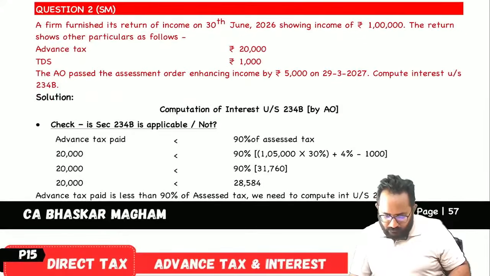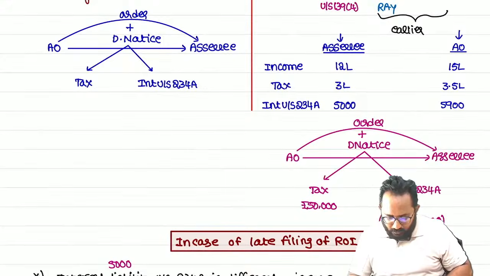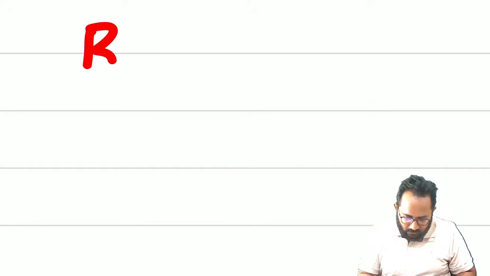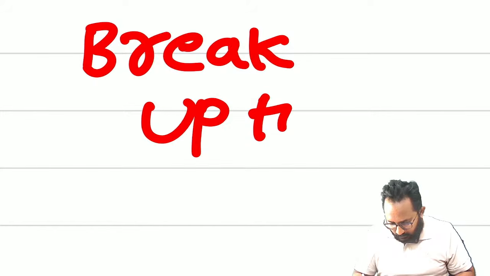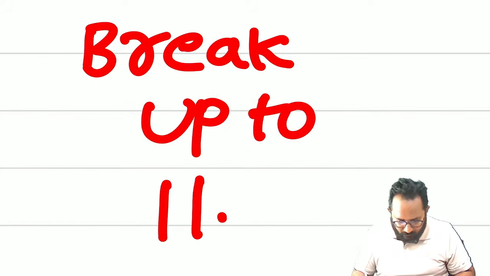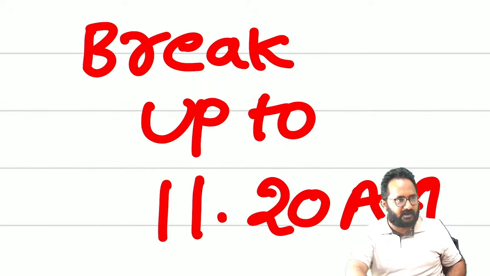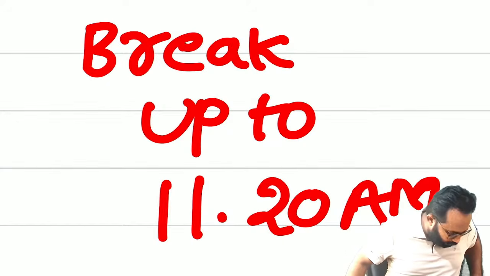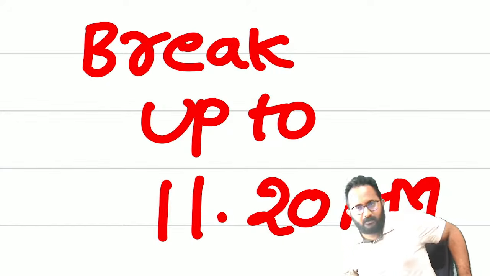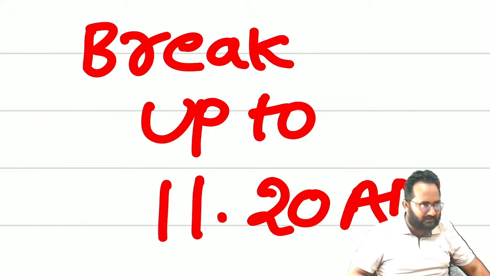Now we can take 234B and 234C after the break. I need a 20 minute break. We can take up to 11:20, then we can meet and discuss. Further discussions we can complete in an easy way. The reason is 234A is the base, so automatically you can understand B and C easily. We can discuss questions and answers related to it also.